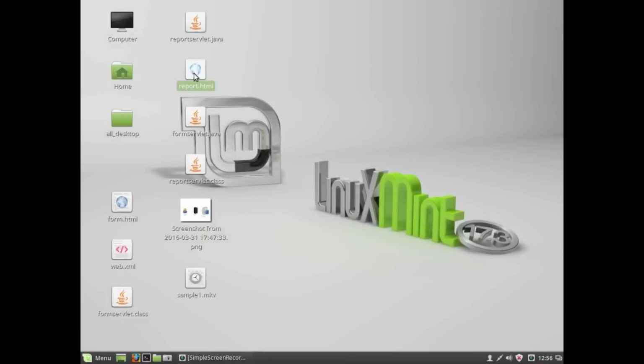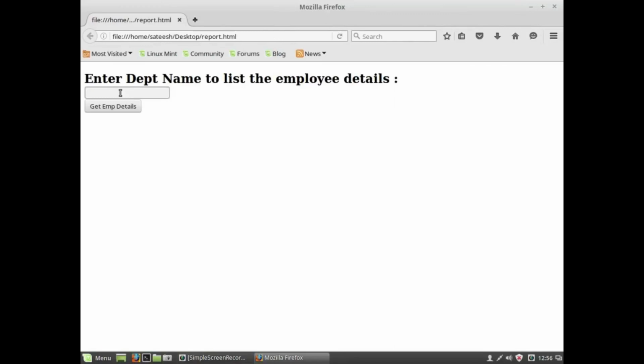This is used to extract details from the table, given any department name. For example, if there is an employee table with different department names, and you want to see the employee details according to some department like CSE or ECE, you provide that information, and when I press get employee details, I should see the employee name, department name, and any salary or other attributes related to the EMP table, on the web page. So when I press this, I should see that information.